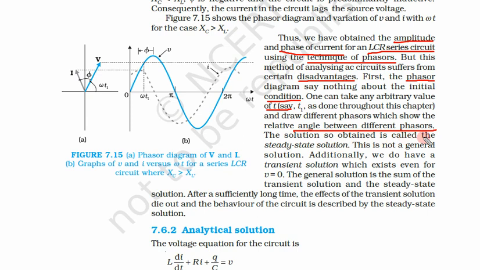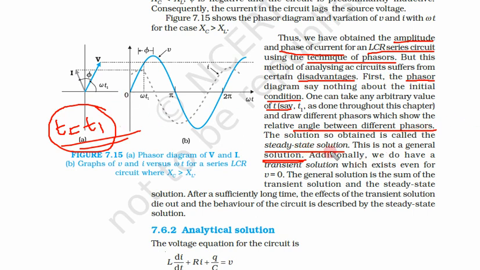The solution so obtained is called the steady state solution. This is the steady state solution when current is now steady in the circuit, but it is not telling anything about the initial conditions. And this is not a general solution. We can put an initial condition at any time t equal to t1, and t1 could be any time. So initial conditions are not satisfied with this, or we cannot tell anything about the initial conditions. What are the initial conditions?